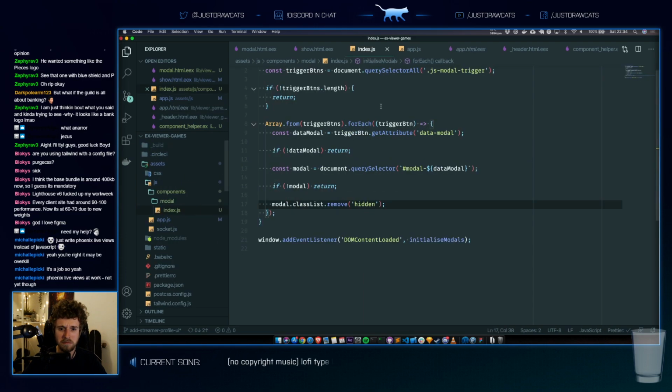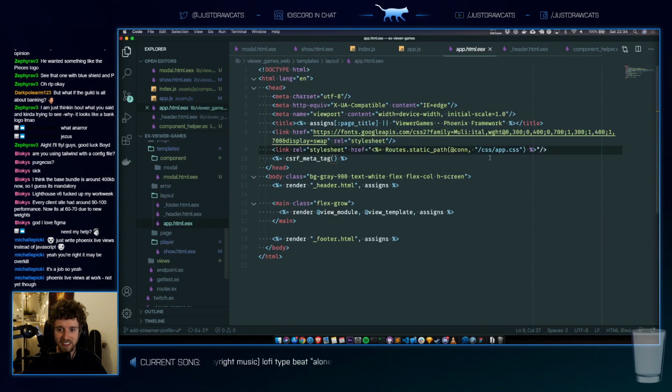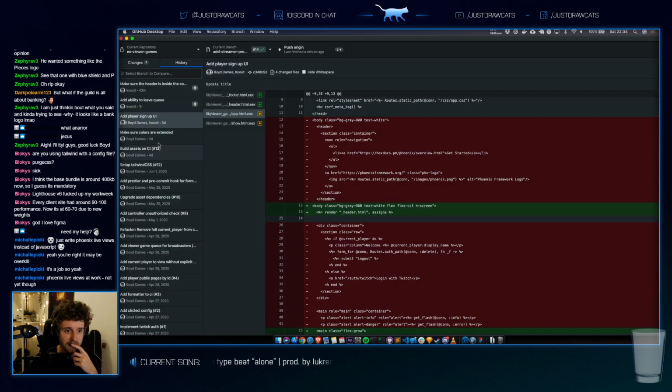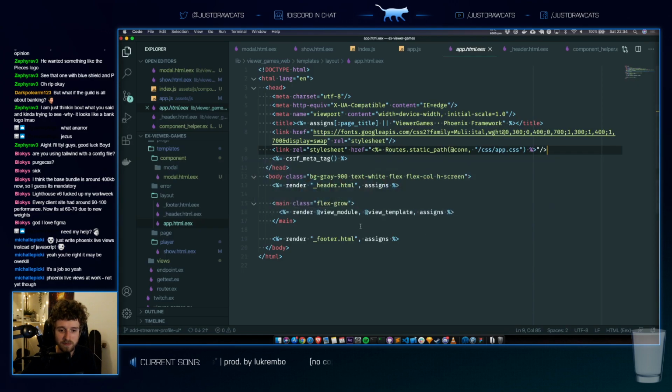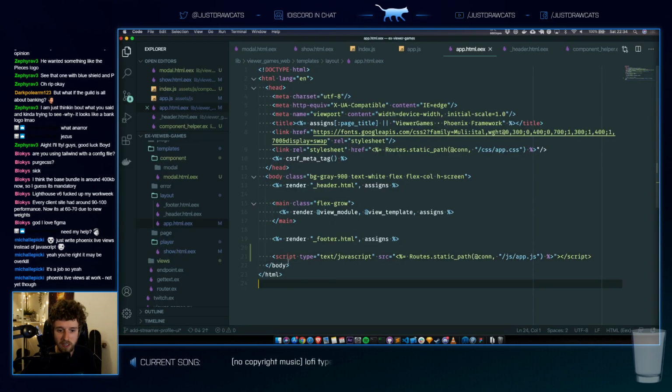I don't think I have the JavaScript loaded. Alright. Did I remove it in some commit? Oh, here. Oh, I removed the JavaScript. Oopsie whoopsie. Why is it broken? Oh, it's the same reason.